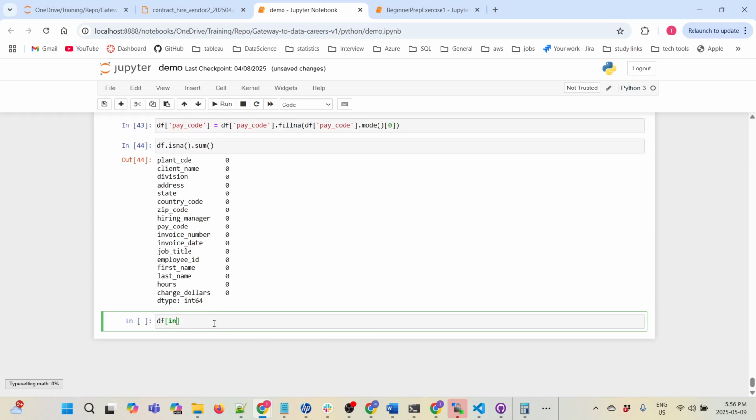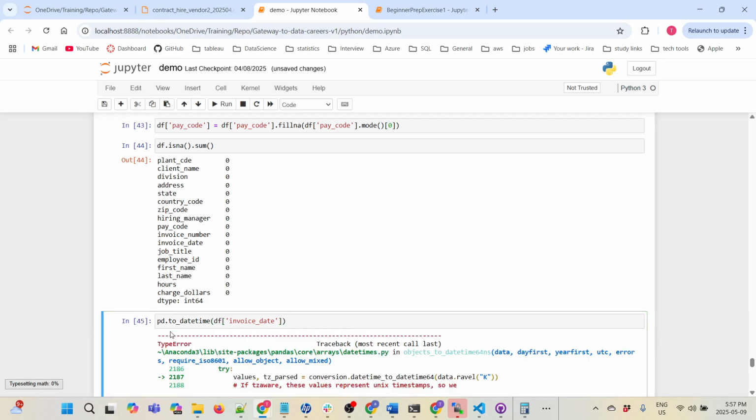So we are dealing with invoice date, and what we need to do is use the pandas to_datetime method. We are passing the values of invoice date. If there is any error, first let me try to run it. There is an error, so that means there are invalid dates. So if there are errors,